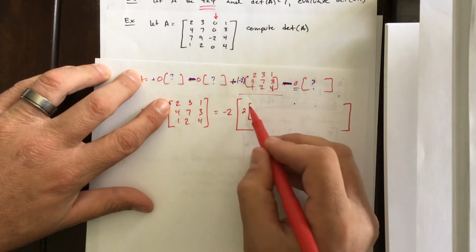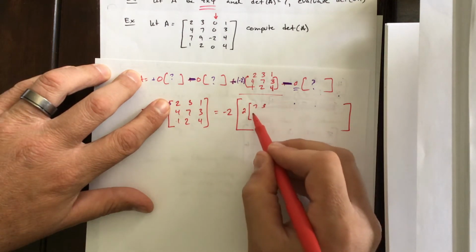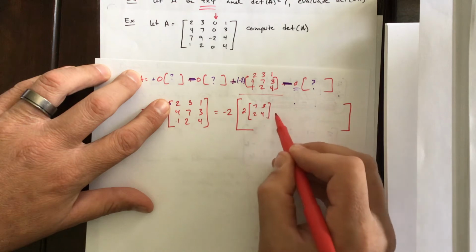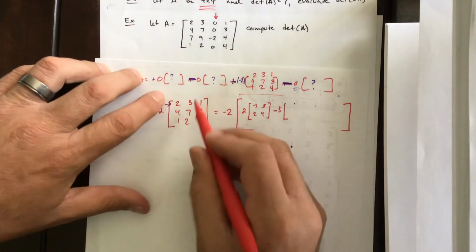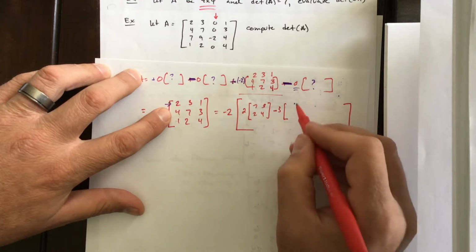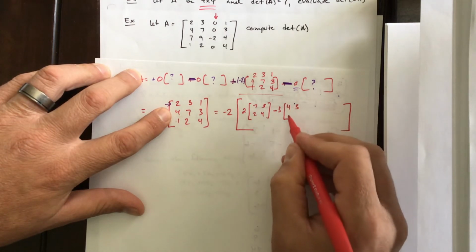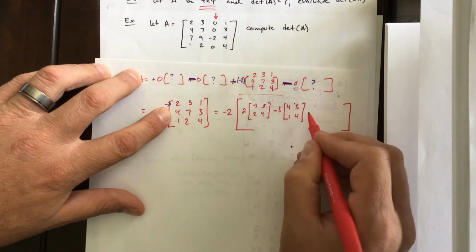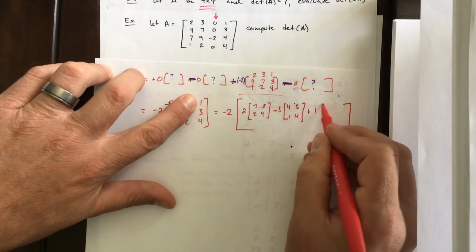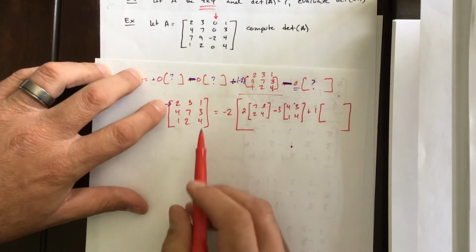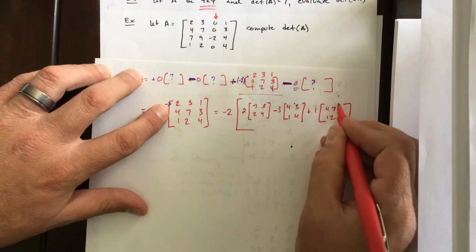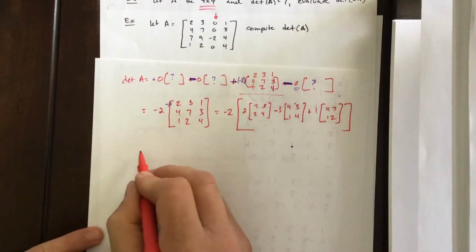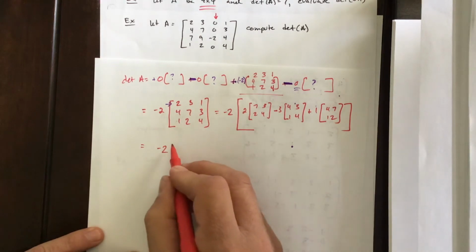Cross out that row and column, you have 7, 3, 2, 4, minus 3 times row and column, 4, 3, 1, 4, plus 1 times last row and column, 4, 7, 1, 2. All right, let's see what we get. Negative 2 times